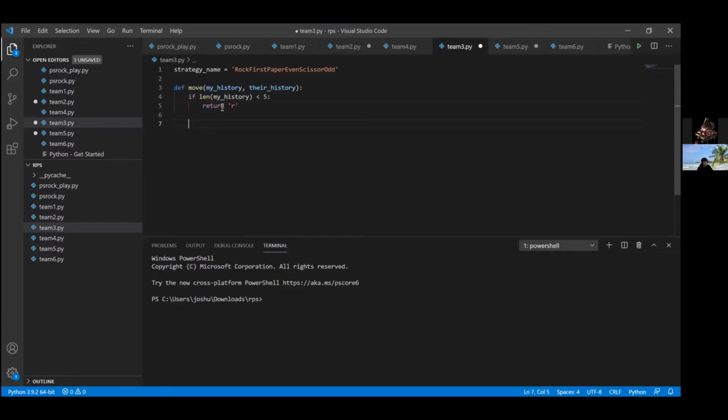And if it doesn't run this return statement, then it'll just continue on the list. So we can continue on. Let's say else if length of my history